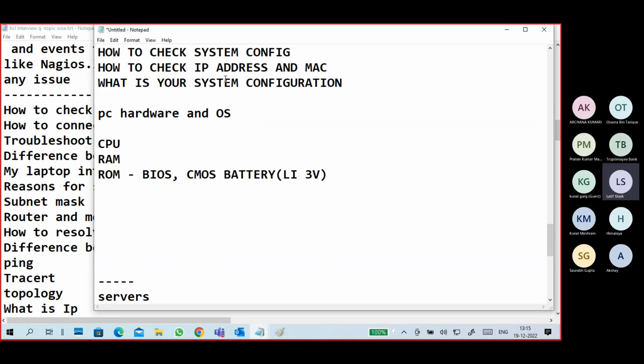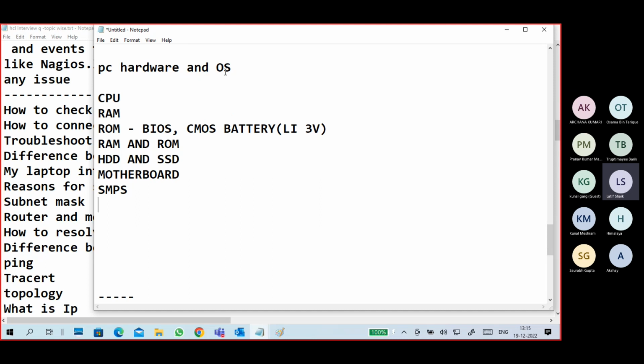CPU, RAM, ROM, difference between RAM and ROM, most common questions. Difference between hard disk and SSD. CPU, RAM and ROM differences, hard disk, and what is meant by motherboard. What is SMPS? That is also we have discussed, right? It's the power supply, not the motherboard.